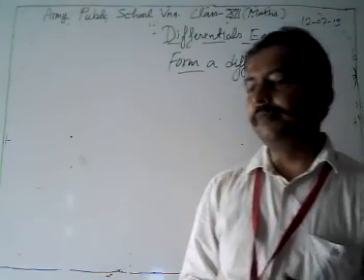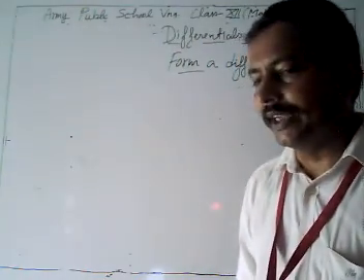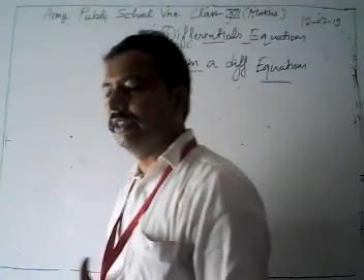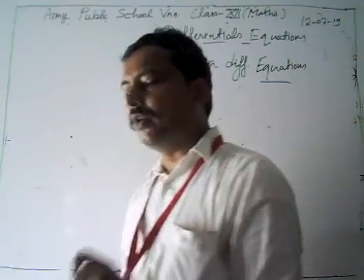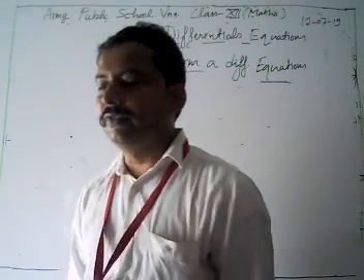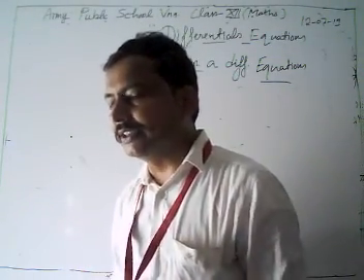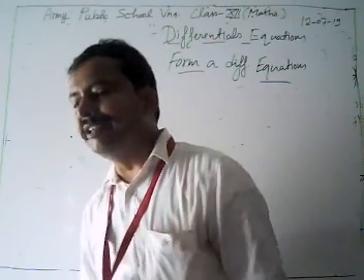Look, for example, we have a curve y square equal to 4ax. What we see is that there is only one parameter, one arbitrary constant a. To make the differential equation of this curve, first of all we have to differentiate this curve one time to remove our parameter a.